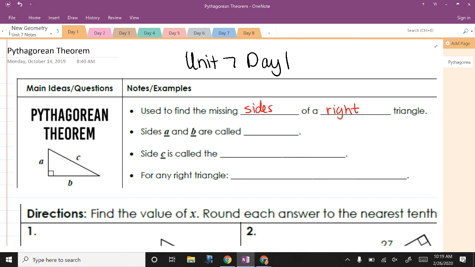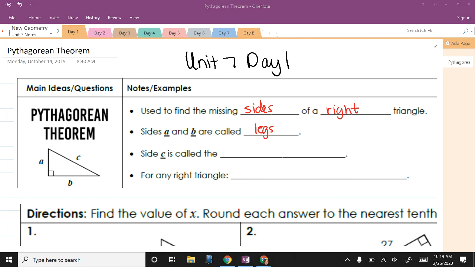Sides A and B are called the what? Legs of the right triangle. They are forming the 90-degree angle. So the two sides that touch and form the 90-degree angle are called the legs. The C side is across from the 90-degree angle, and that is called the